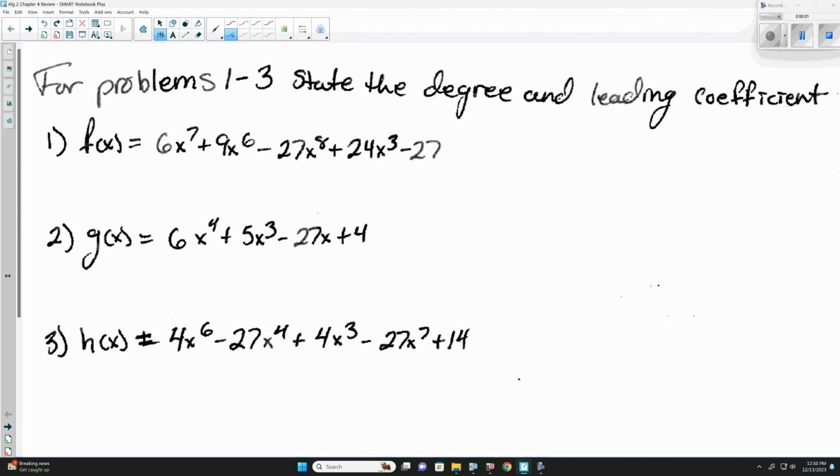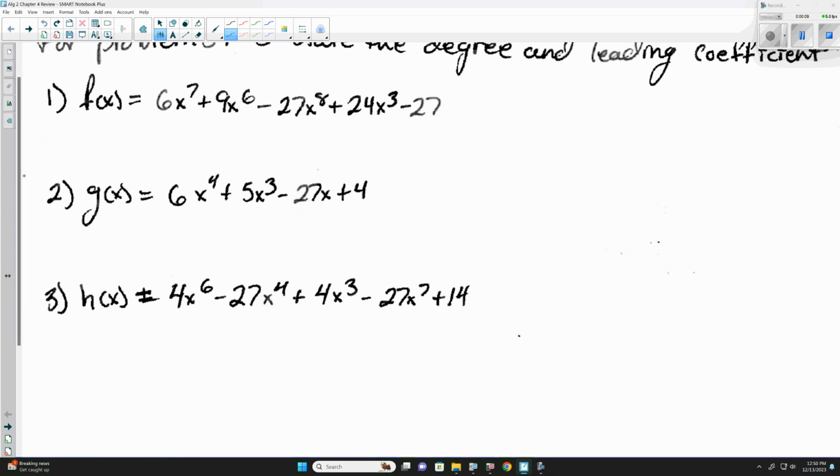So the first thing we're looking at is questions 1 through 3. We want to state the degree and leading coefficient. If we look at problem number 1, what's the degree? Because the degree is the variable with the biggest exponent, and the biggest exponent for this one here is